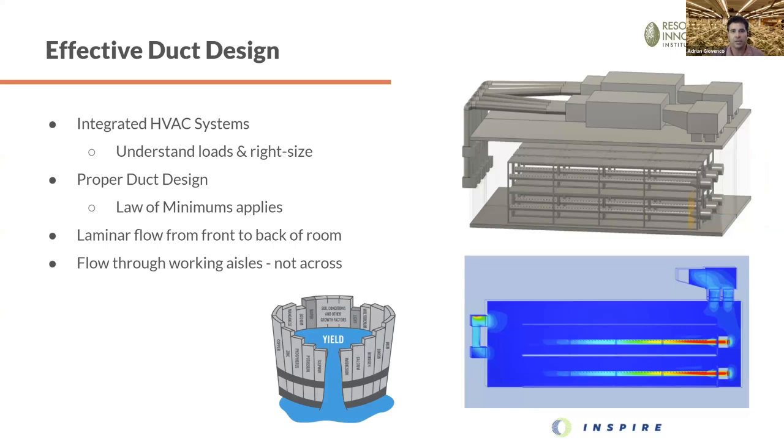Proper system sizing. If we're going to try to deliver air in the right temperature, relative humidity, CO2 and filtration combination, it's really important to have what's called an integrated HVAC system. If you have many different units doing cooling, in some cases heating, and dehumidification, all dotted throughout a room, either in the room or outside of the room, it's very difficult to target the temperature, relative humidity and CO2 concentration of the air that you're trying to deliver to the underside of the plants, where the plant stomata lie, if you don't have a means to direct that air in the right environment to those locations. So that's what an integrated HVAC system is and allows for,